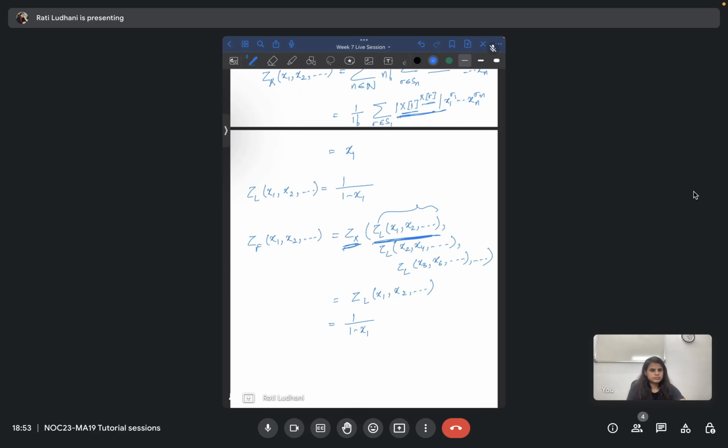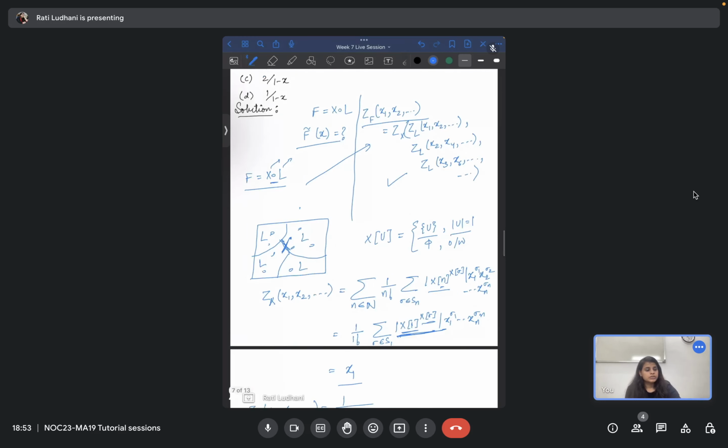ZX is also x1. Yes, okay, clear. Okay, and actually you can see that here itself. So you are taking x on these things. Now what x does is, it has a unique option, like it has only one structure if the cardinality is 1 of the set. Here we have partitioned in 4, so it is going to give